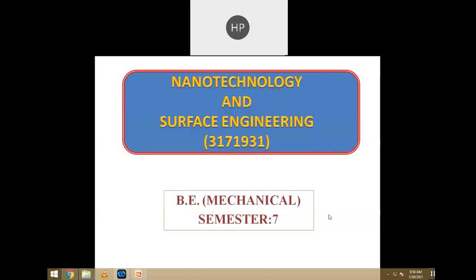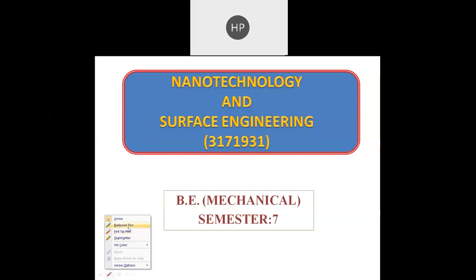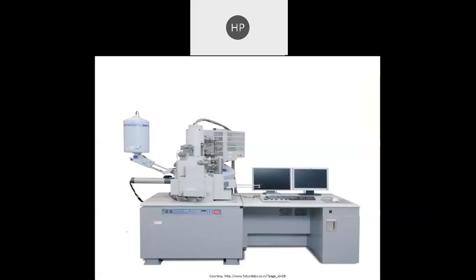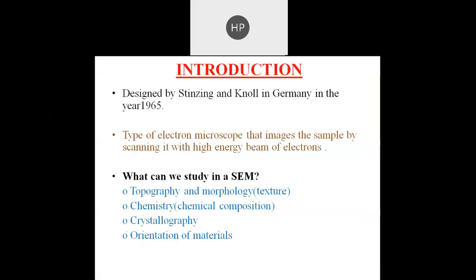Good morning, everyone. In this subject of nanotechnology and surface engineering, so far we have talked about the basic requirement of the various scanning techniques and why these scanning techniques are important for nanotechnology and surface engineering. And in that, we have started our discussion on the scanning electron microscope. Generally the scanning electron microscope uses a high electron beam energy to